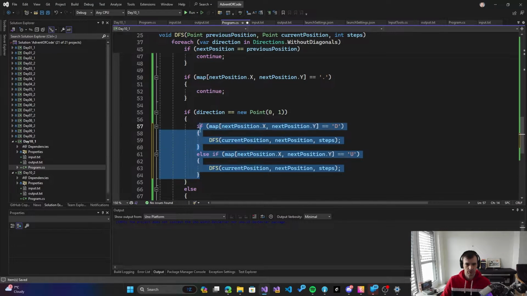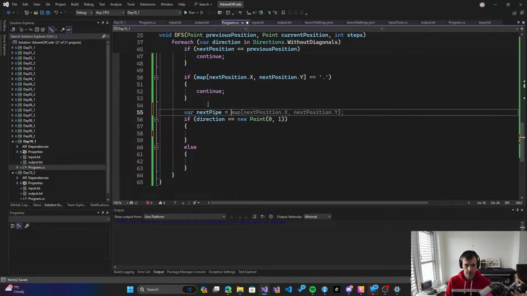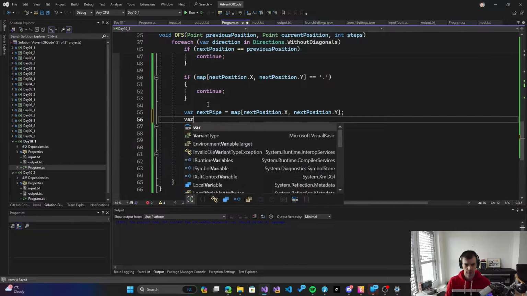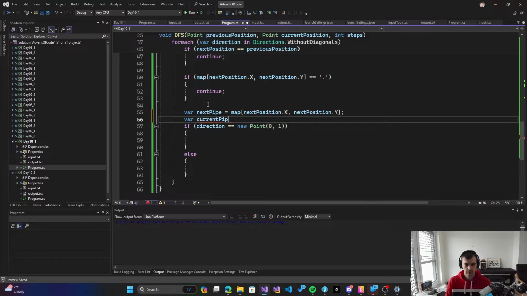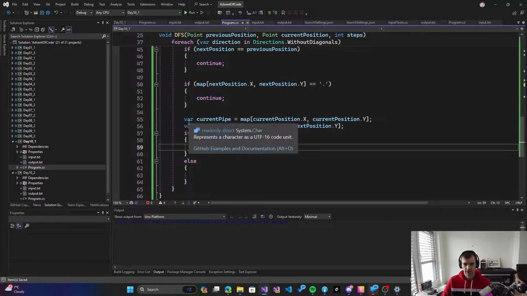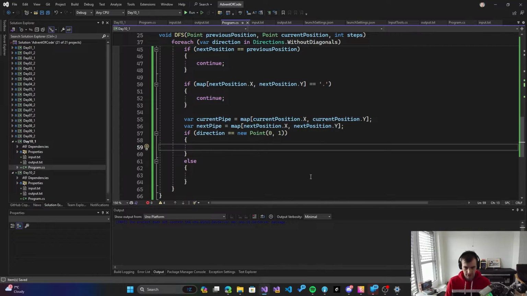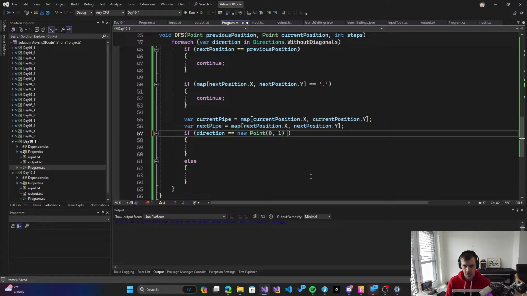Okay, maybe you do next pipe equals next position, current pipe equals this. So basically we're checking if the direction is valid. So if we're going to the right, then the next pipe must be, if direction is right,